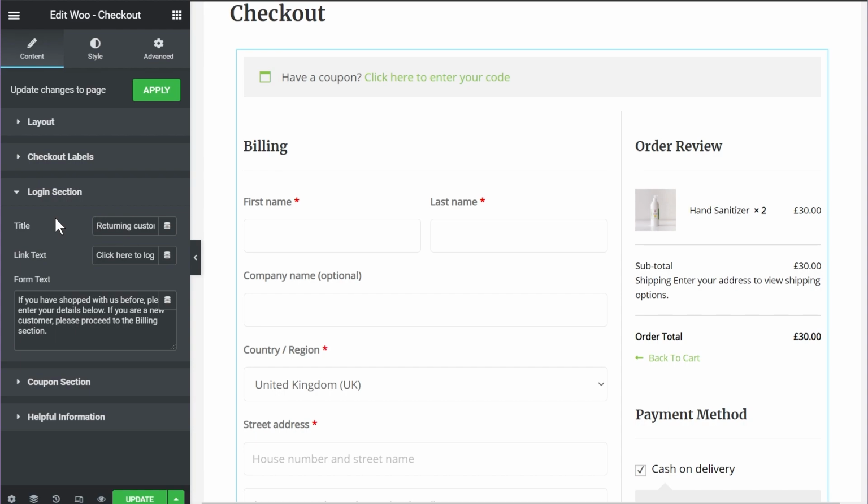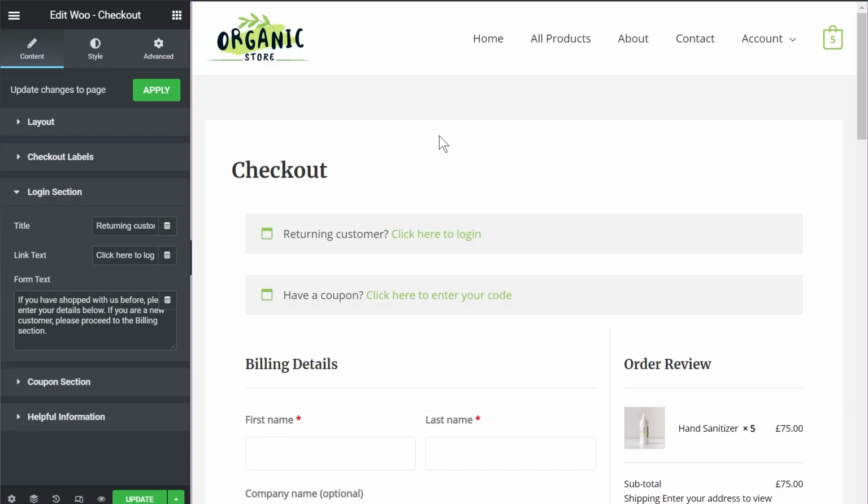In order to demonstrate this feature, let me open up an incognito window, since I'm already logged in on my computer. In the incognito window, I'm not logged in, and I'll show you how this messaging appears. So I've opened up an incognito window and laid it on top of the actual window, so that's why it might look a little skewed, but this is how the page will look for users who are not logged into your site.